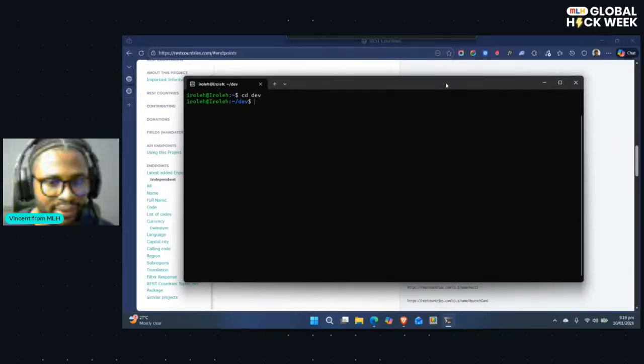Okay, I'm just trying to create a folder. So I use the terminal mostly, but you're free to go to File Explorer, create a folder, and so forth. So I just navigate into the folder I call dev, where I'm going to make a directory.